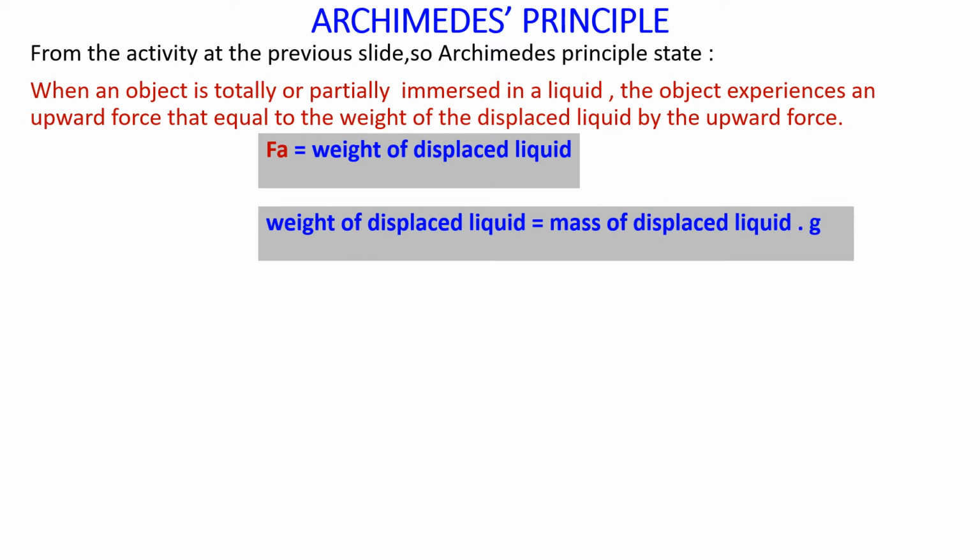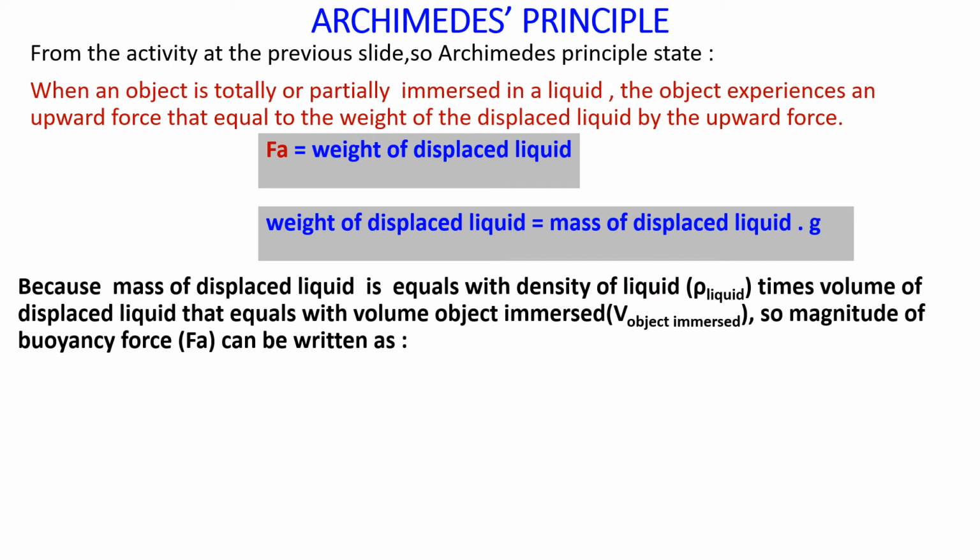And the weight of displaced liquid equals the mass of displaced liquid times the acceleration of gravity. Because the mass of displaced liquid equals the density of liquid times the volume of displaced liquid, which equals the volume of object immersed, the magnitude of buoyancy force can be written as Fa equals density of liquid times acceleration of gravity g